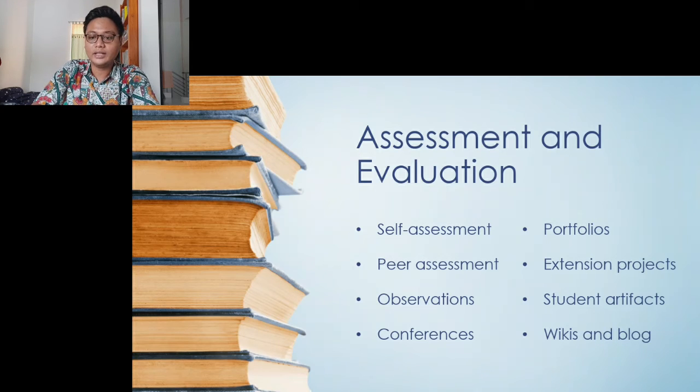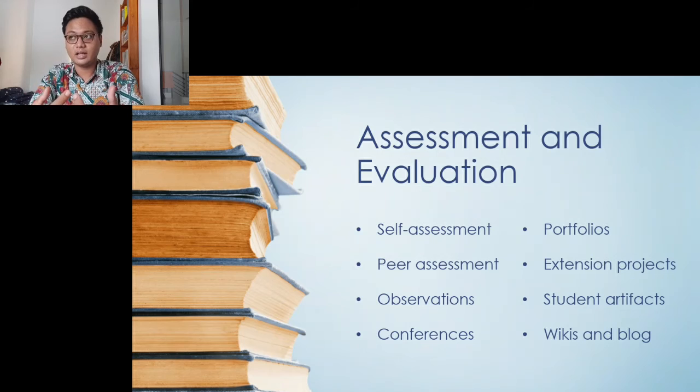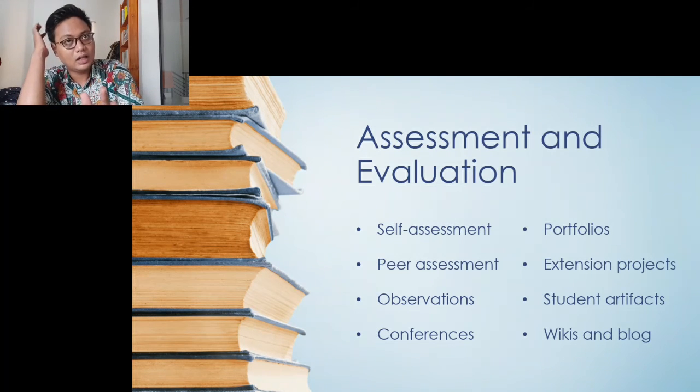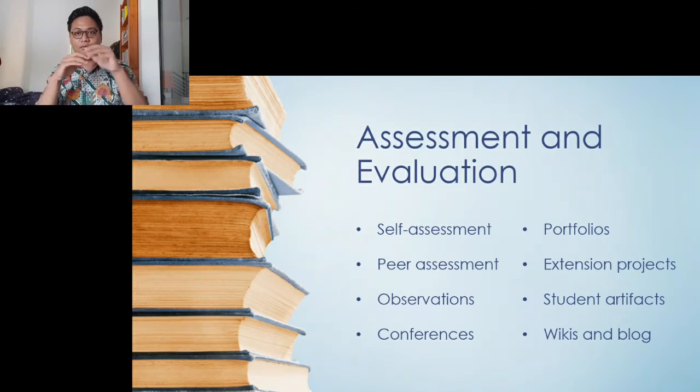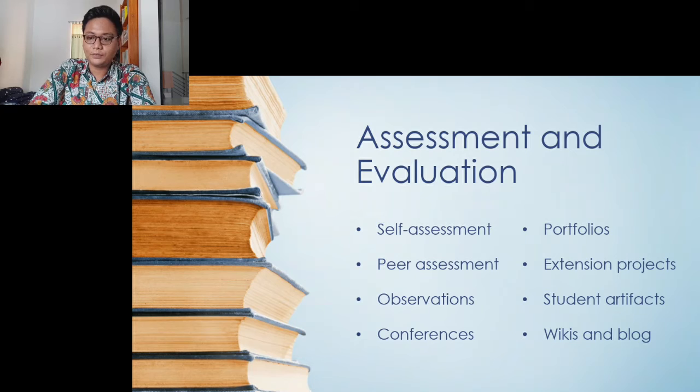And then go to the observation. Ongoing teacher observation and active participation in group discussion is critical in assessing student progress, both individually and in the whole group. So the observation is a role of the teacher itself in evaluating or assessing their students whenever they have a discussion through this literature circle book club. And then conferences, a face-to-face conversation between student and teacher, can help to assess.